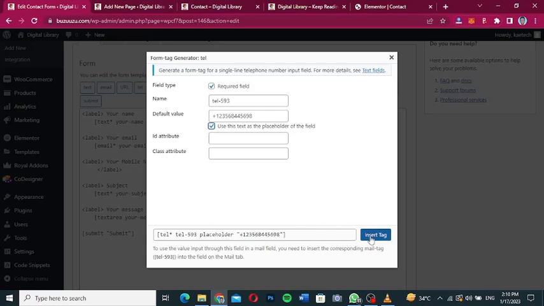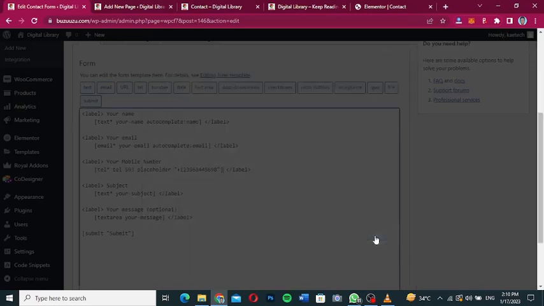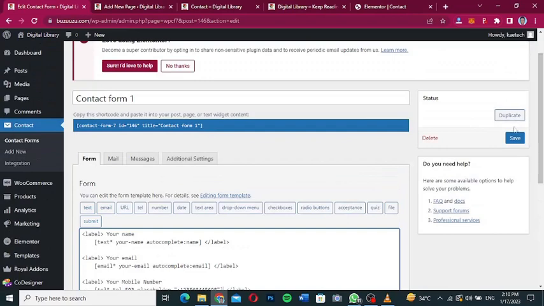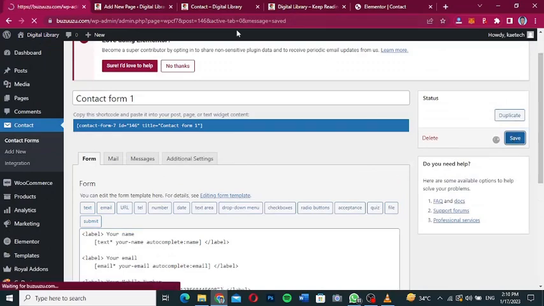this is the shortcode. So I want to insert this shortcode into the form over here. So I'll click on insert tag over here, and then it is inserted over here. Now I can go ahead and save the form. So when I click on save the form over here, it will be saved for